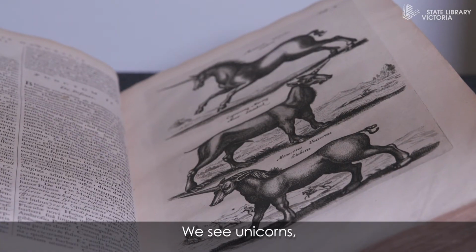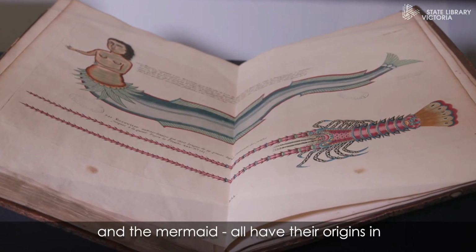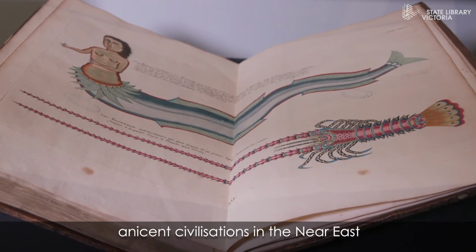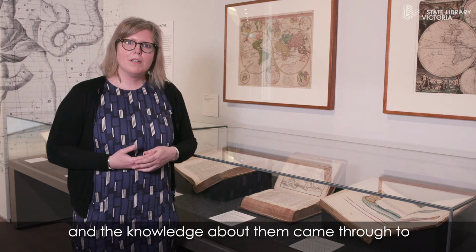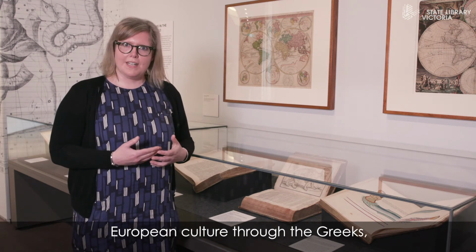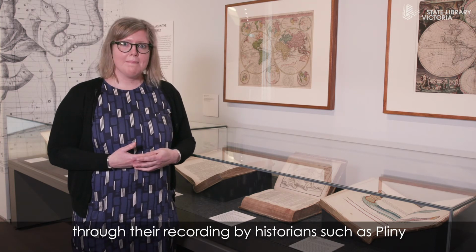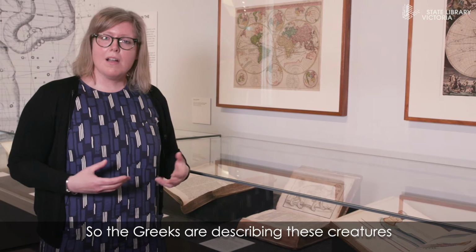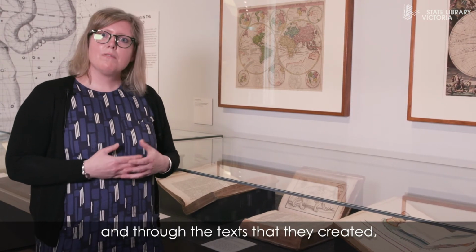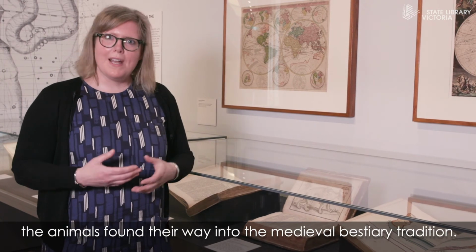We see unicorns, in the middle the manticore and the mermaid all have their origins in ancient civilizations in the Near East, and the knowledge about them came through to European culture through the Greeks, through their recording by historians such as Pliny and others who wrote about the natural world. So the Greeks are describing these creatures, and through the texts that they created, the animals found their way into